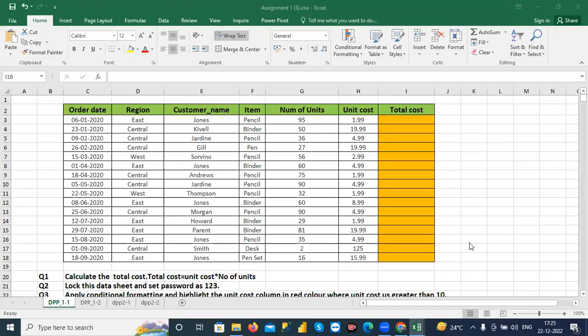Hello everyone. My name is Vishal Yadav and I have taken this particular assignment, assignment number 1, based on conditional formatting. So we have this particular sheet, and in this data we have